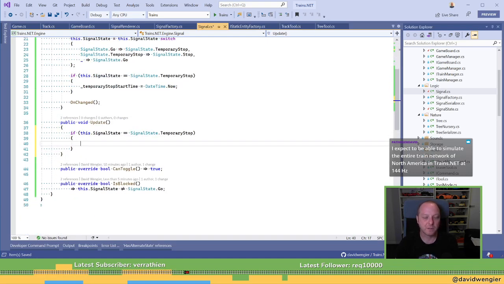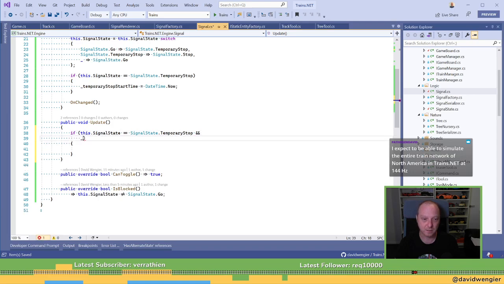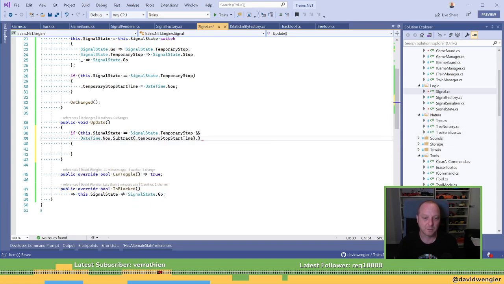So if we're at signal state, temporary stop, and temporary stop, no, date time now, right, temporary stop time, dot, total seconds is greater than 5?